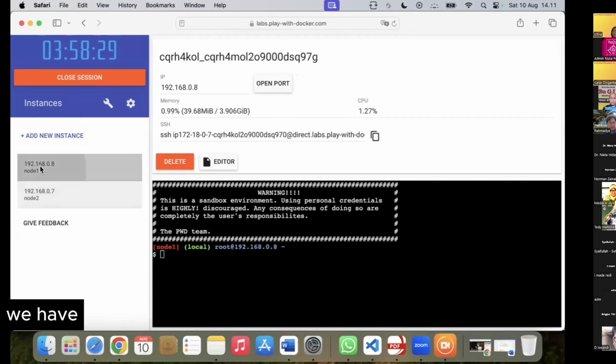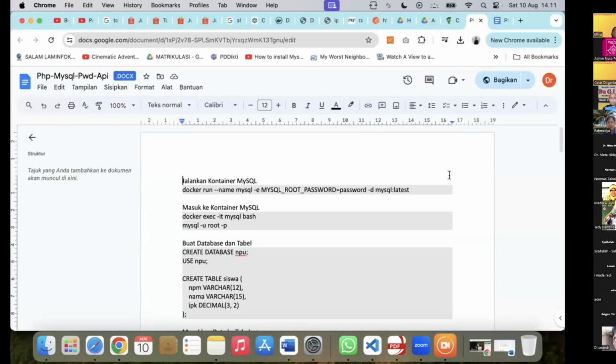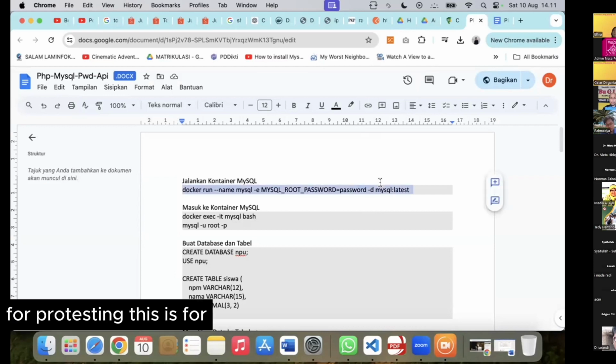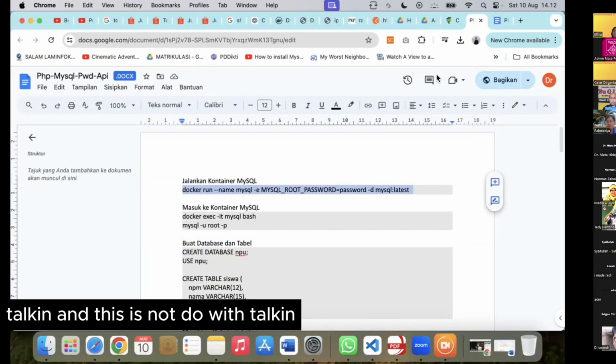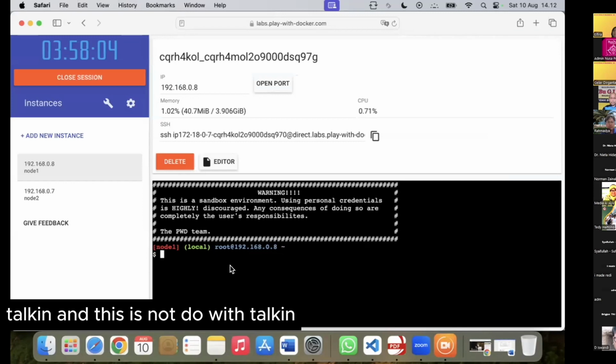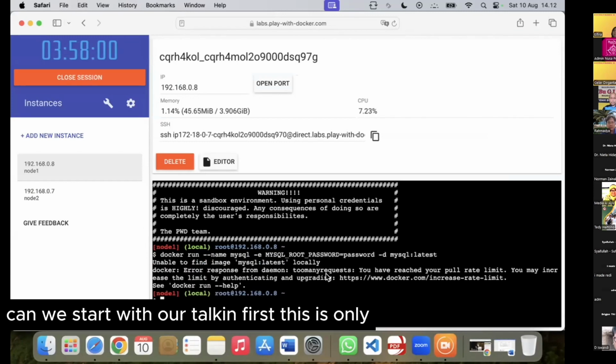Okay, we have one instance, and then we also add another instance for sample testing. This is for without token, and this is for with token. Okay, we start without token first.